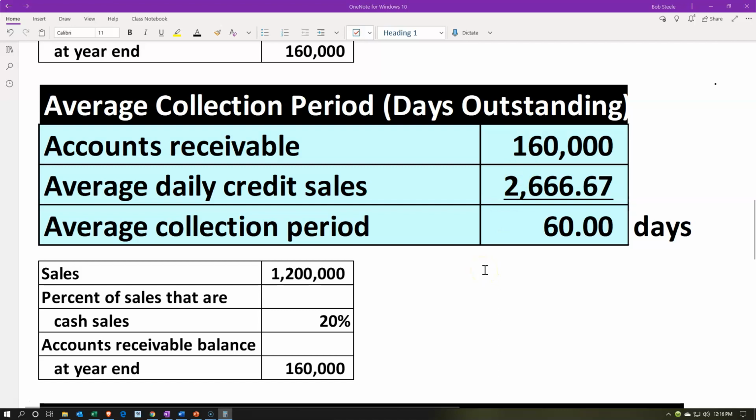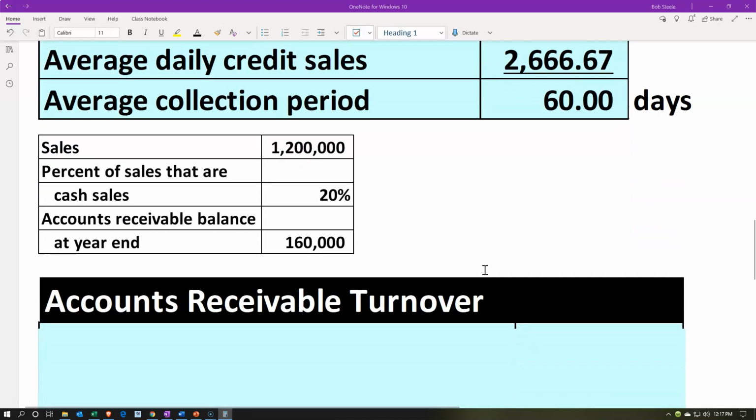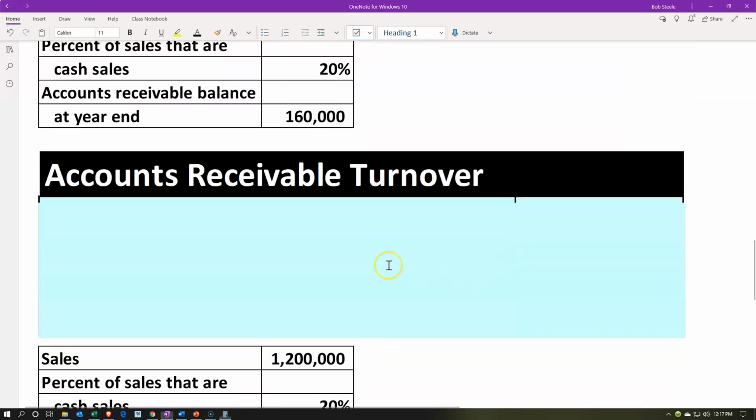And obviously, the lower the days here, the better, because we would like to have our average collection period be less than that. And this gives us, again, a number that is more easily conceptualized for most people. So you can say, okay, I would like that number to be going down, see if we can work on collecting faster. Now, the other way you want to be able to calculate this is to think about first the